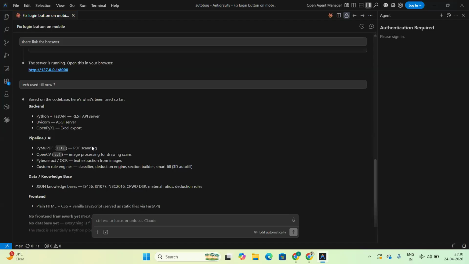Where is the database? Here only, I've created a file knowledge base, local only. We took this data from the internet, and